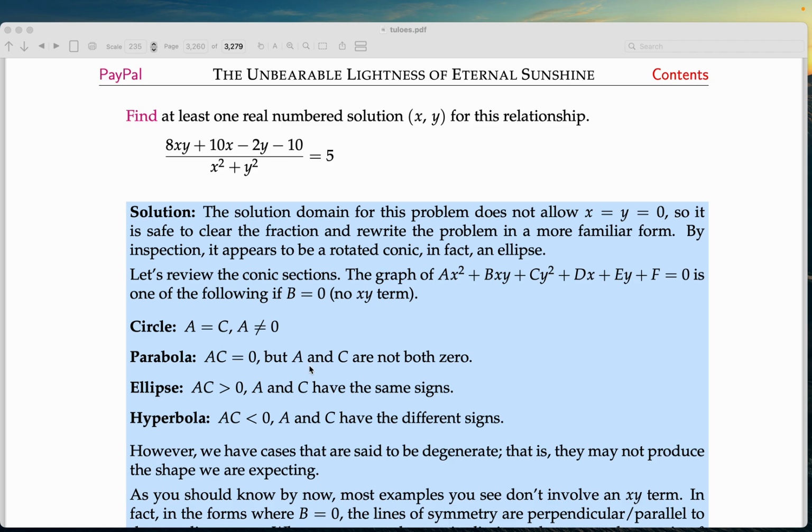All right. So is it safe to do that? Well, if you multiply both sides by x squared plus y squared and then set x and y to 0, you'd find there's no such problem. So it's safe to do that, because that's the only problem I would see, where x equals y equals 0. And I went through a little blurb over here about how to rotate a conic section,